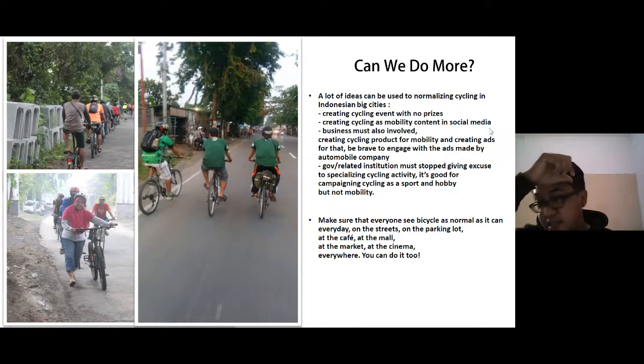It's good for promoting cycling as a sport and hobby, but not mobility. So yeah, the last one is we have to make sure that everyone sees the bicycle as normal as it can be every day, on the streets, in the parking lot, at the cafe, at the mall, at the market, at the cinema, everywhere. Well, you can do it too.